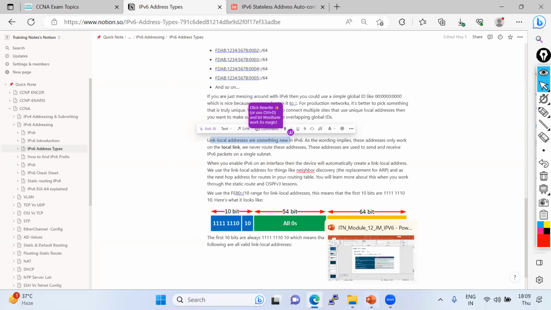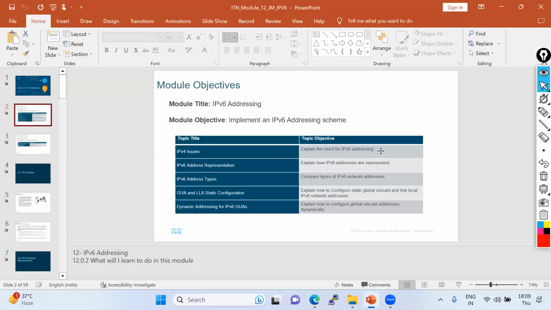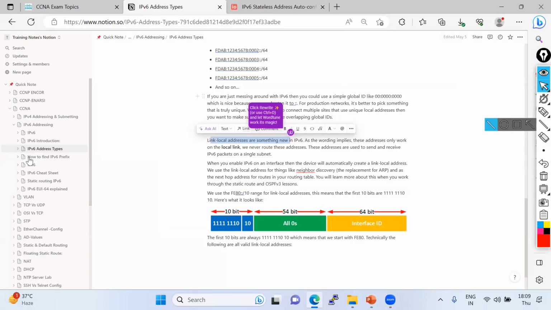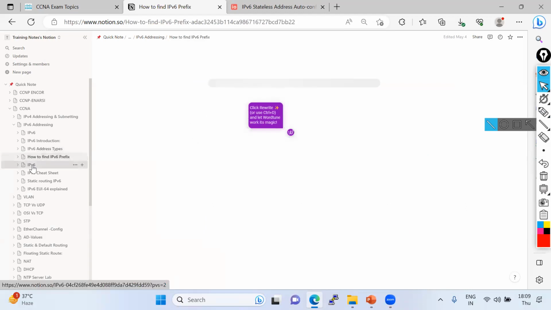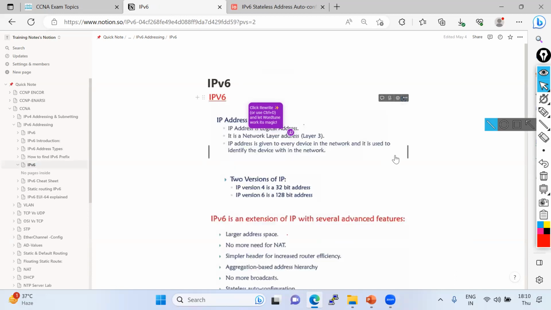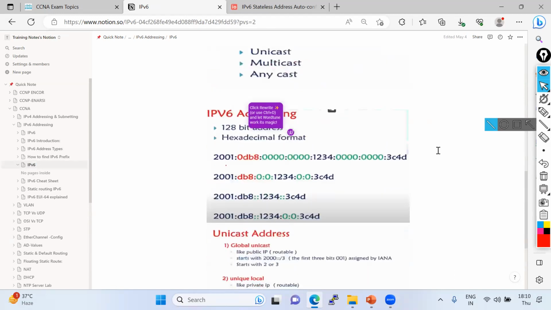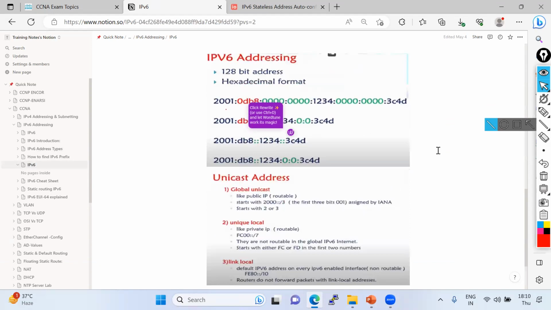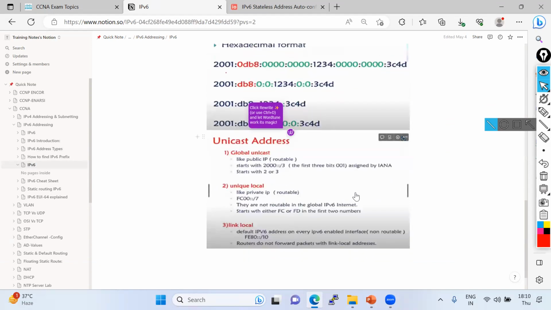I'm going to show you how it looks. Every interface has its private address, but link local addresses are not routable. We can assign addresses on the interface to make them routable. How is that going to happen? I'm going to tell you that.